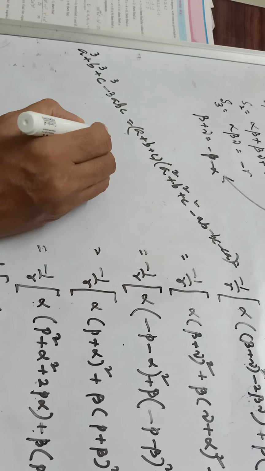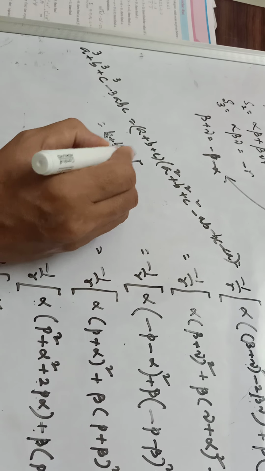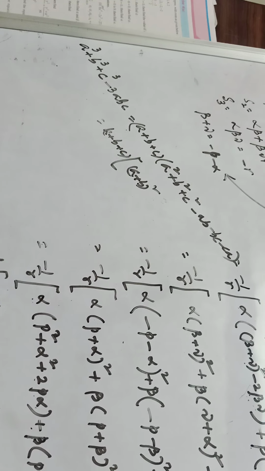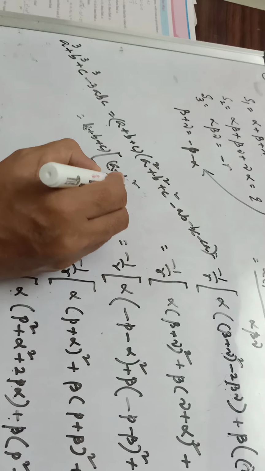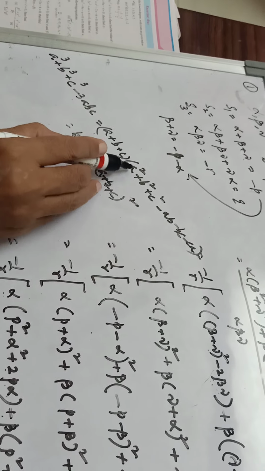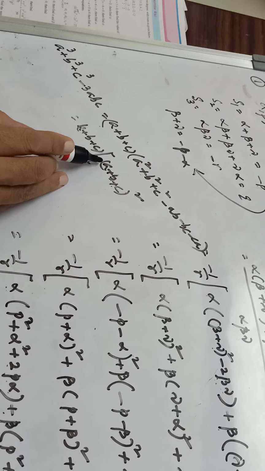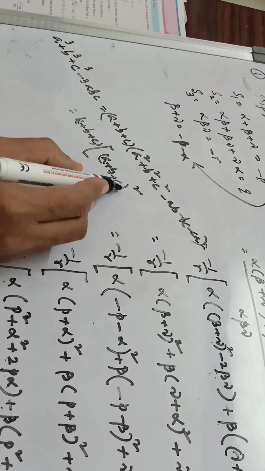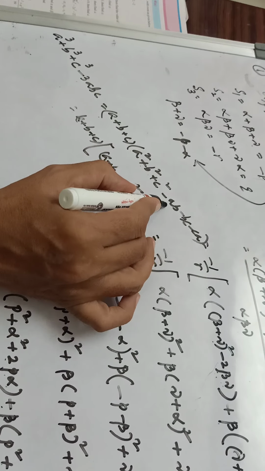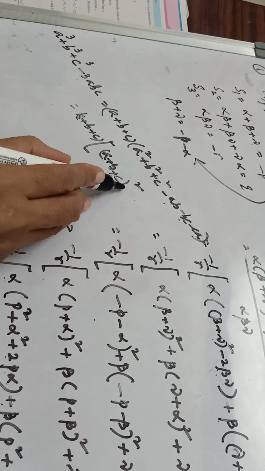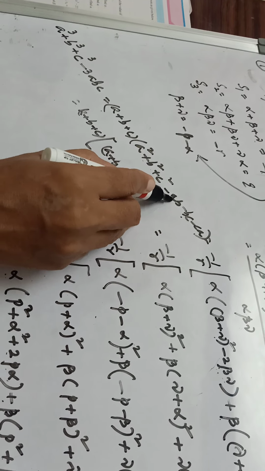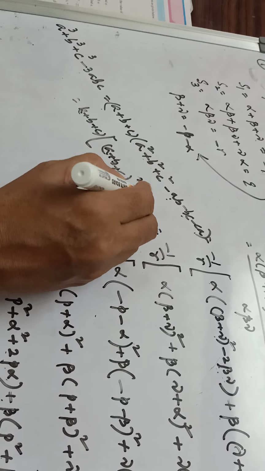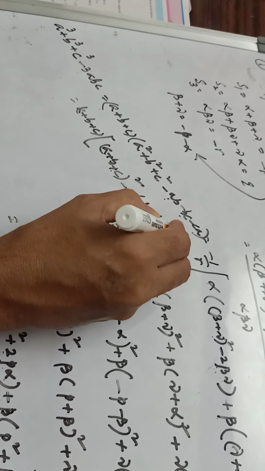So this can also be written as a plus b plus c into, this is a plus b plus c whole square minus 2ab minus 2bc minus 2ca. A plus b plus c whole square, sorry. A plus b plus c whole square, here actually we get plus 2ab plus 2bc plus 2ca, but they are not seen here. So minus 2ab minus 2bc minus 2ca I have to write here. Again minus ab minus bc minus ca are there. Here I have to write minus 2ab, one more minus ab is there. So minus 3ab minus 3bc minus 3ca. Take out minus 3 common from them. So ab plus bc plus ca.